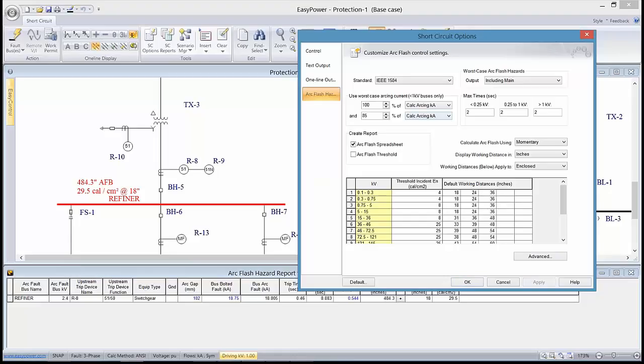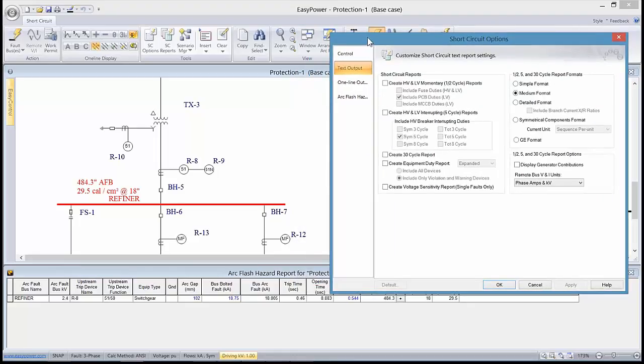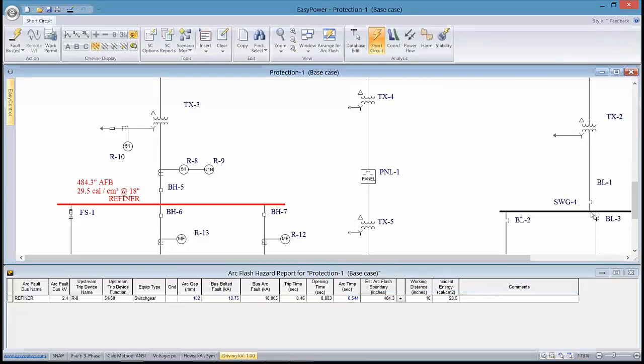And then as far as actual reports in a spreadsheet format, we create both high voltage momentary, momentary, 5 cycle, 30 cycle, medium format, and equipment duty. The equipment duty ends up being a lot more important, I think, than most of us first realized, or that I first realized. And as you see what it produces and what value it is, I think you'll become more enamored with it. So by picking up those check boxes, we're going to fault the bus one more time,